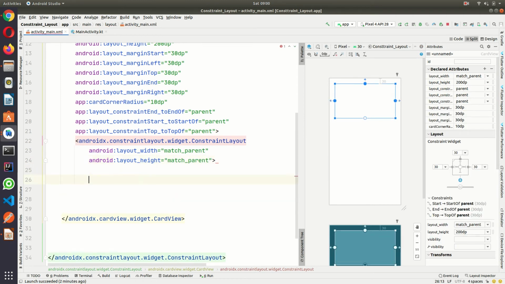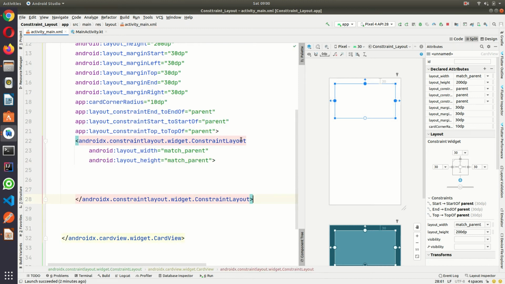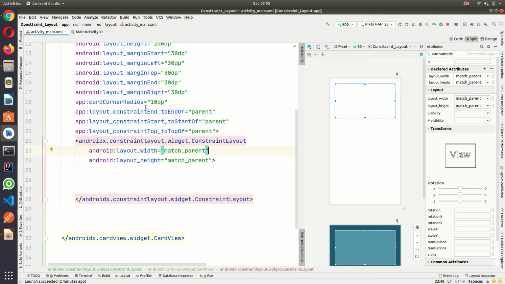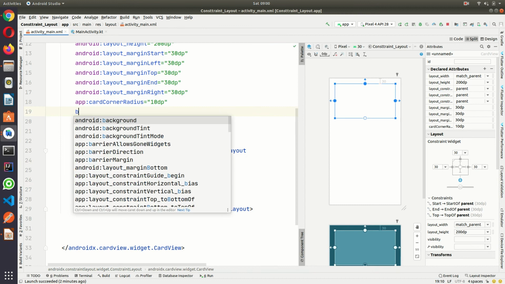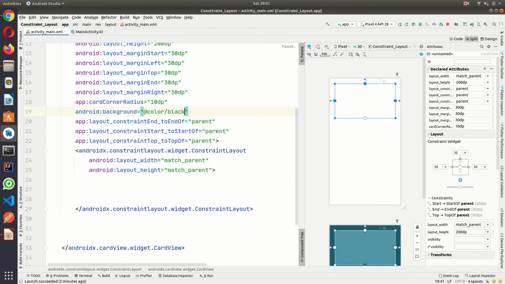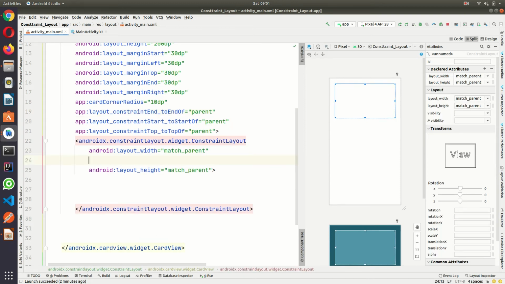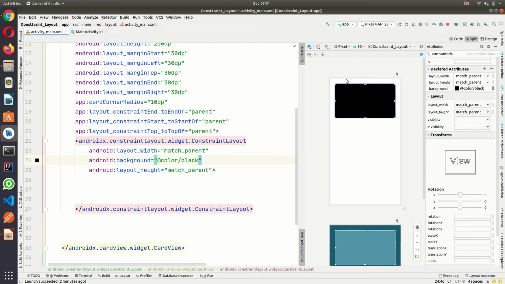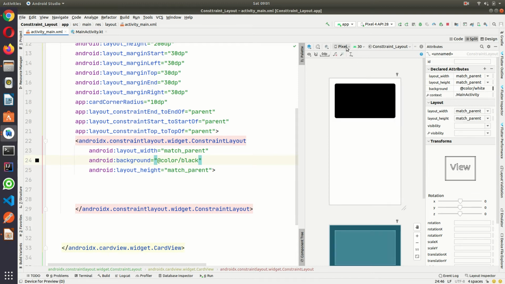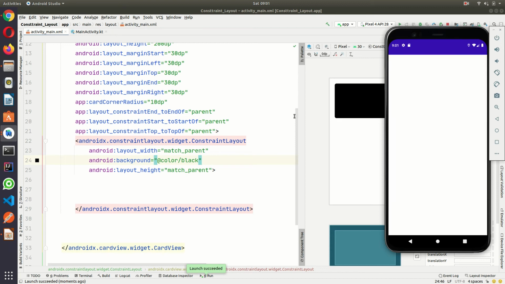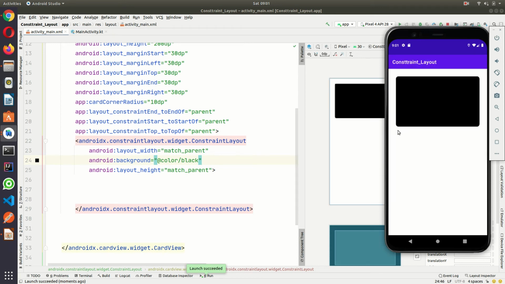Okay, correct. So if I give the background black here, nothing happens because this is the card view background. If I use the same thing here, see, fully background. Okay, and let me run this. Perfect.